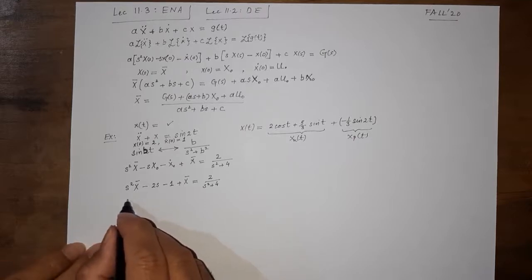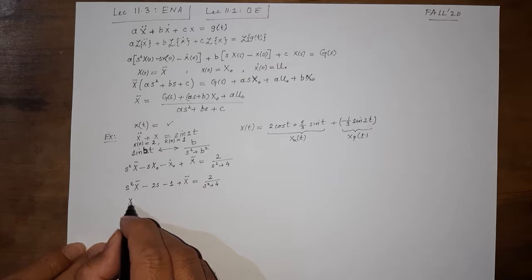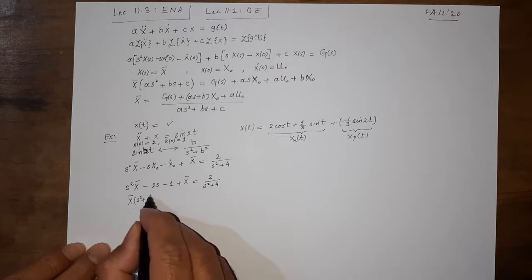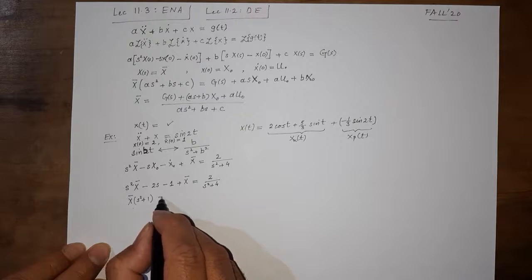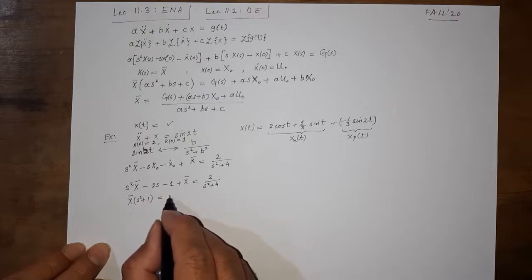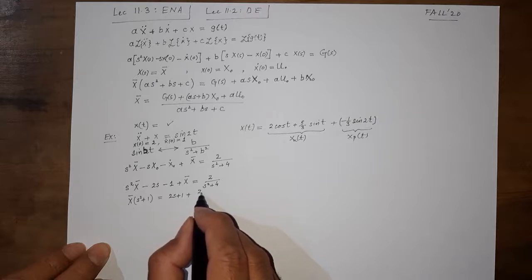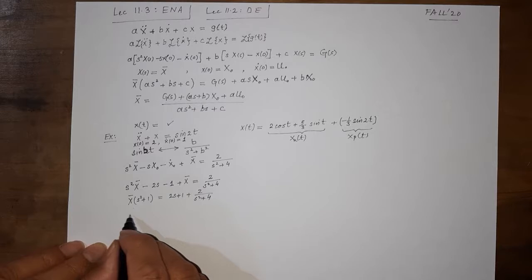So we can take these common factor and we get this term, and take the other terms to the other side. We get 2s plus 1 plus 2 over s square plus 4, and therefore x bar is going to be